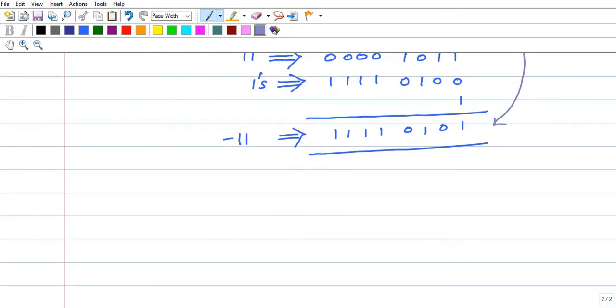Then the next one, bitwise left shift and right shift. First we will discuss bitwise right shift.